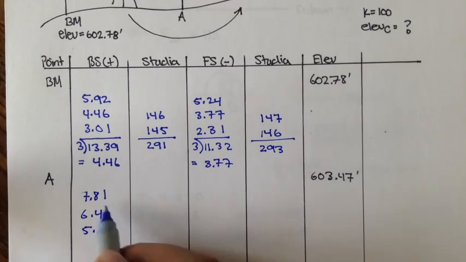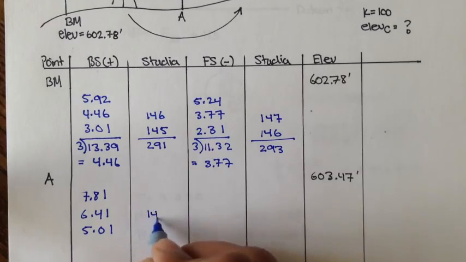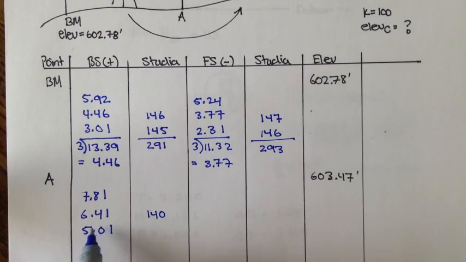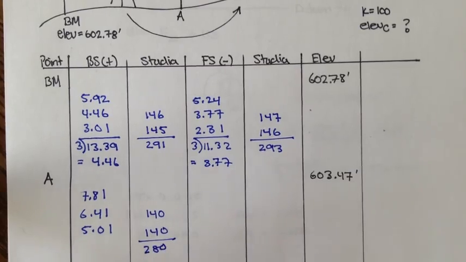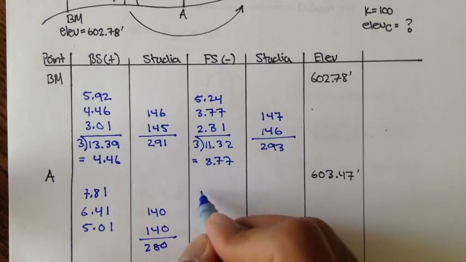Let's check the stadia. 7.81 minus 6.41 is 1.4 times 100 is 140. And then the same thing here. Middle minus bottom times 100 is also 140. You add this together, you get about 280. Okay? For the foresight,